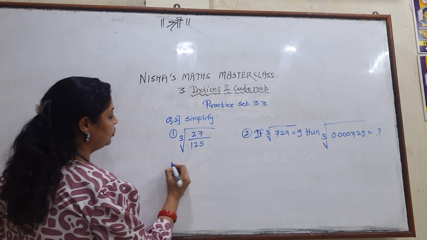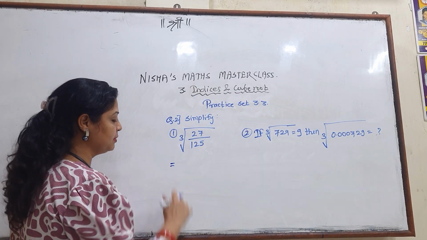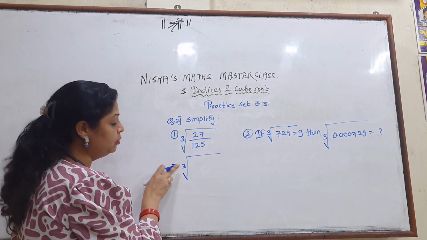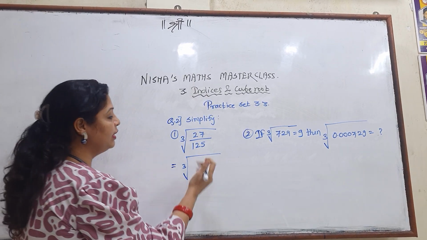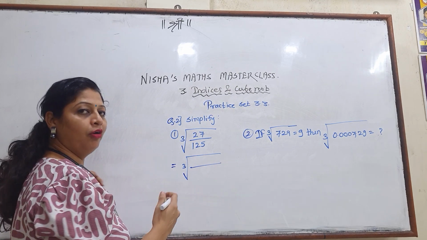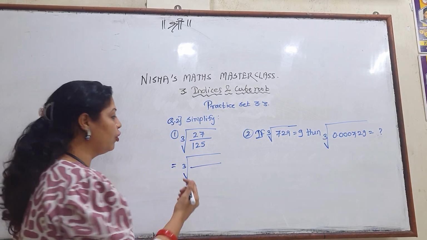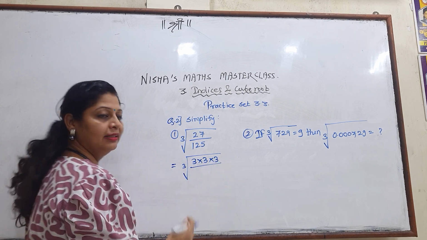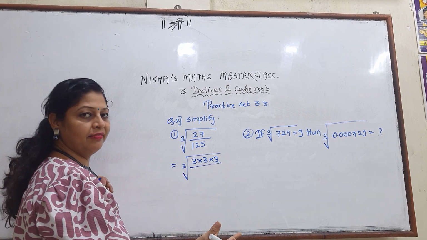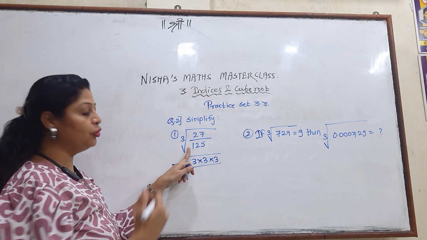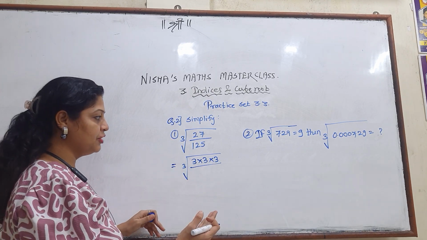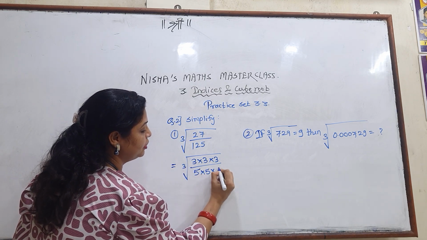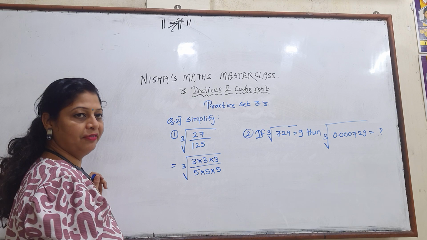So see children, we have to write down the equal sign here, this is a must. Now we write this root sign with 3, which means cube root, understood the meaning? Now 27, what is the cube root of 27? We all know that 3 into 3 into 3, correct? 3 3s are 9, 9 3s are 27. Afterward, what is the cube root of 125? 5 5s are 25, 25 5s are 125. So I am writing like this, 5 5s are 25, 25 5s are 125.